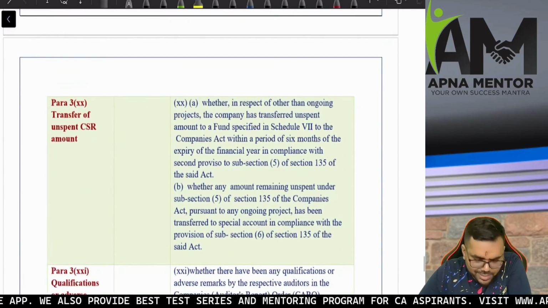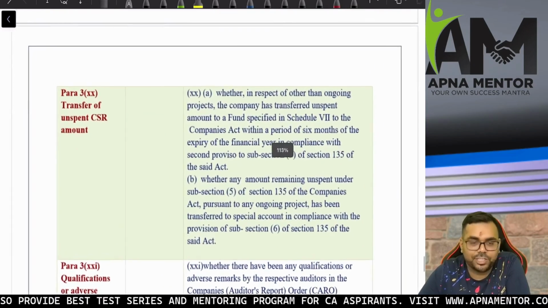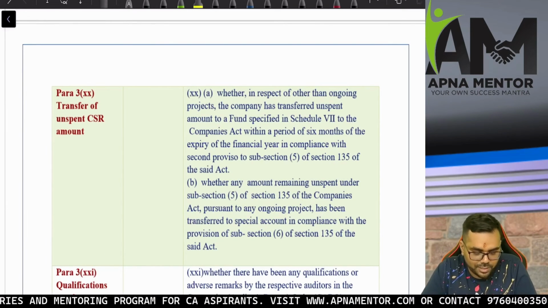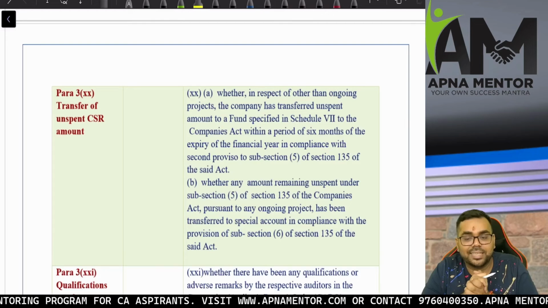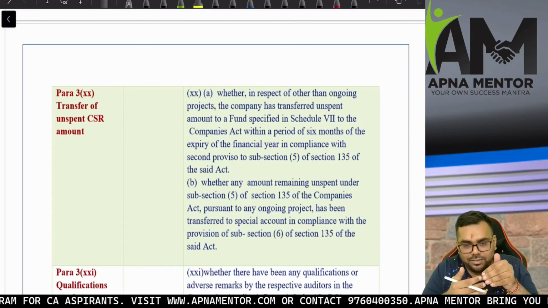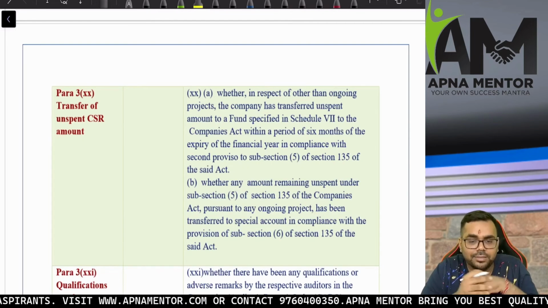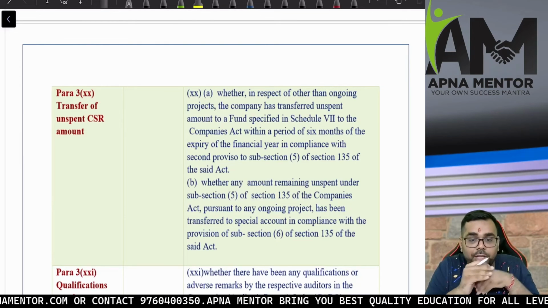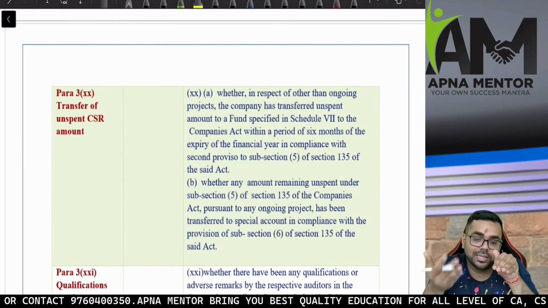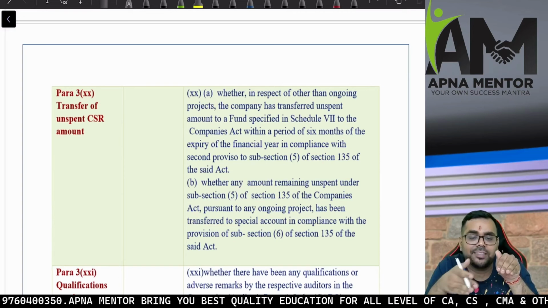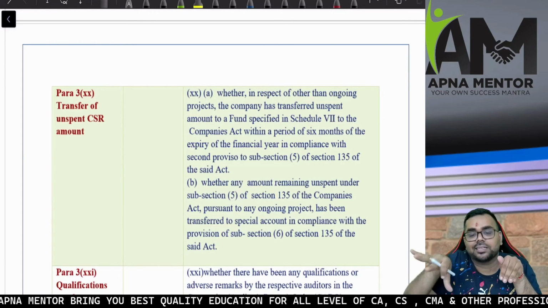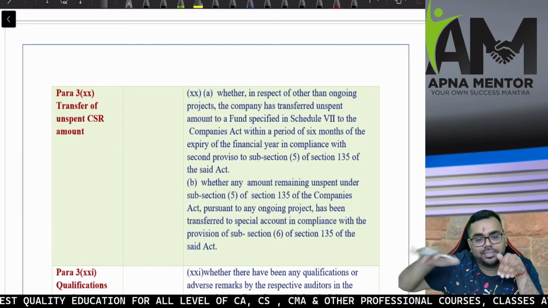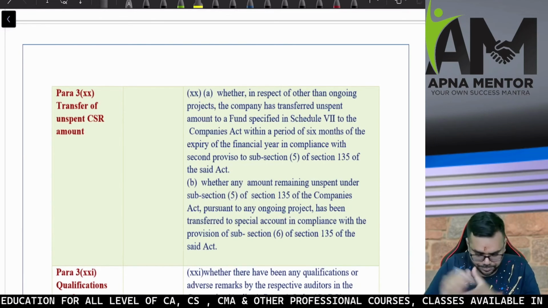So when going concern is in danger, we think about doing good things for the society. So clause number 20, that is the CSR clause. Transfer of unspent CSR amount. As per CSR obligation section 135, companies upon which CSR is applicable need to spend an average of 2% of profits on CSR activity. Now, what if the amount is unspent? If the amount is unspent, they need to transfer it to a certain fund given in Schedule 7. The directors cannot keep the fund in their personal bank accounts, nor can the company keep the CSR funds in its own bank account.